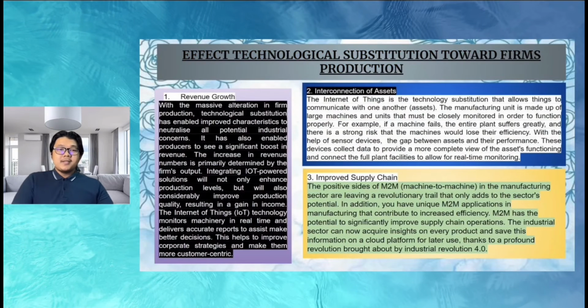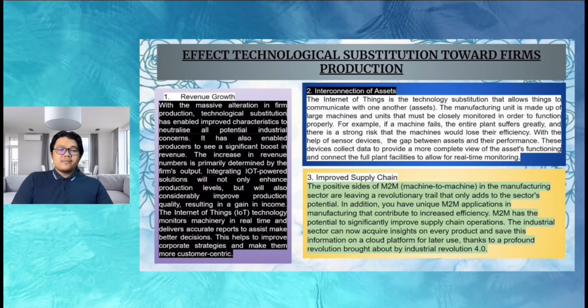Next is the effect of technological substitution toward film production. First, revenue growth. With the massive acceleration in film production, technological substitution has enabled improved characteristics to neutralize potential industry concern. It has also enabled producers to achieve a significant boost in revenue. The increase in revenue is primarily determined by the film output. Integrating IoT power solutions will not only extend production level but also improve production quality, resulting in a gain in